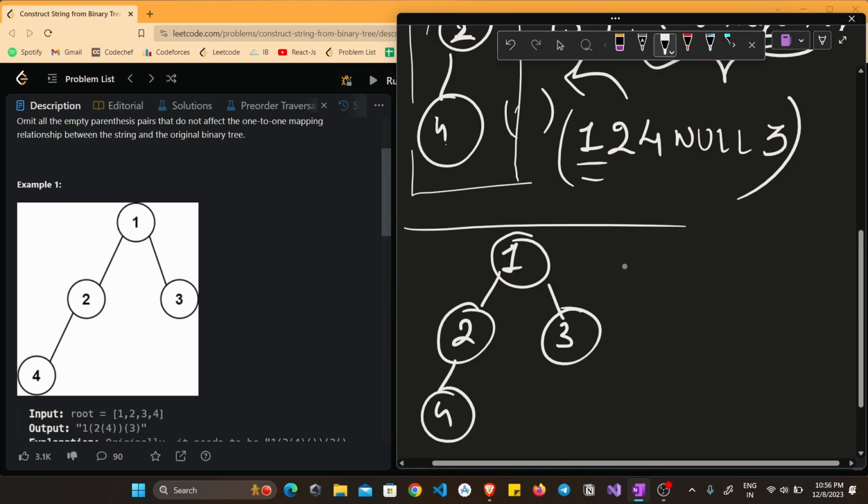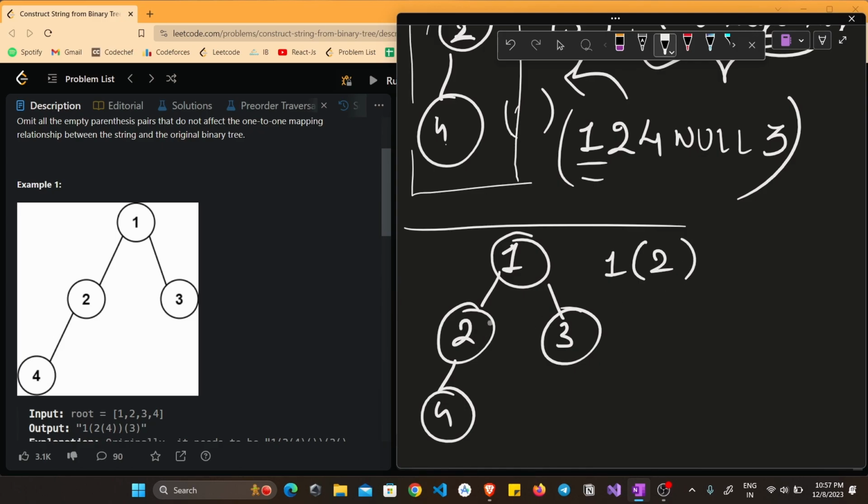So in this tree, whenever we start, what they are telling us is something like this. Let's say 1. Then for 2, you have to put parenthesis, as 2 is one of the children of parent 1. After that, again traverse, following the pre-order traversal to the left. So 4. Now you are complete with all the left nodes, so you will recursively come up and traverse all